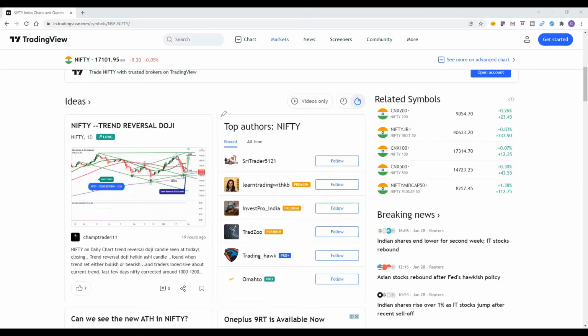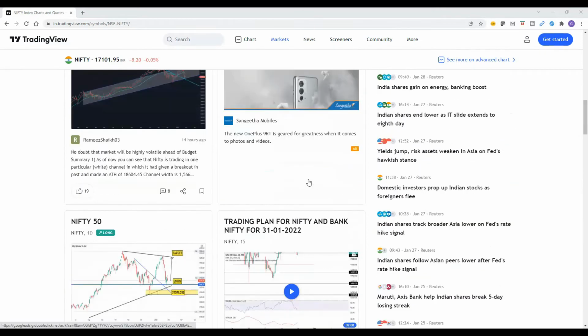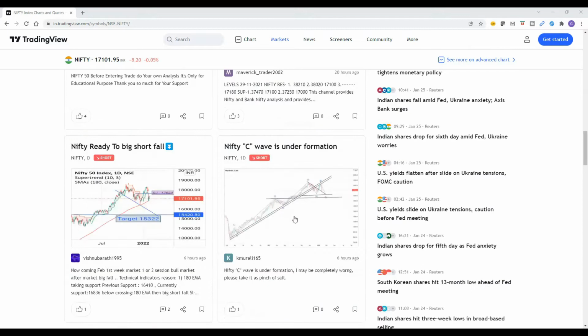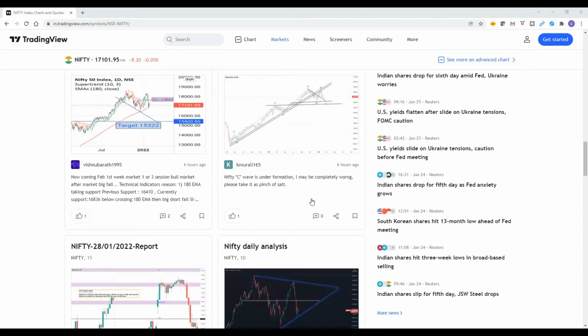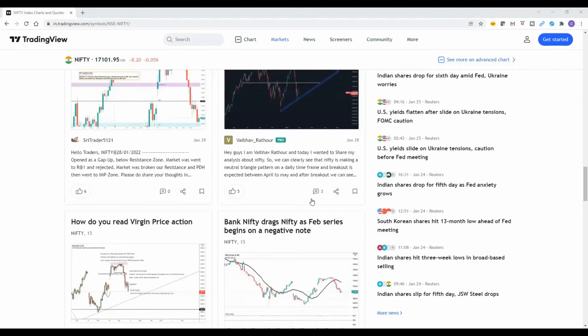Going down, we can see several different ideas, and people share their views in terms of video and different charts and patterns. So you can share your data as well as learn from data. This is how we can see the overview.